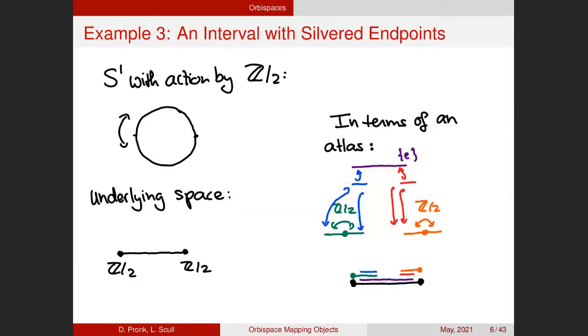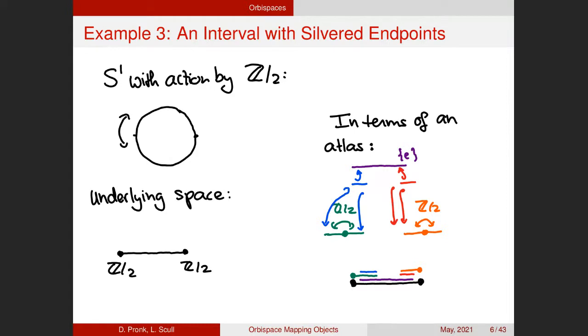Okay, so another fairly simple orbifold is one that we can get by the action of Z2 on S1 by reflection. The underlying space would, of course, just be an interval. But the endpoints are special because they were coming from an action by reflection, and we often call them silvered endpoints. And so we want to keep track of that structure, the Z2 structure there. If you were doing this in terms of an atlas,